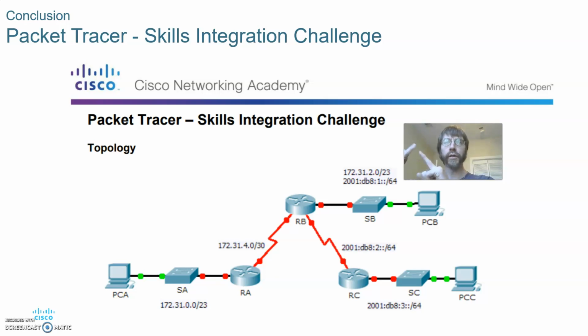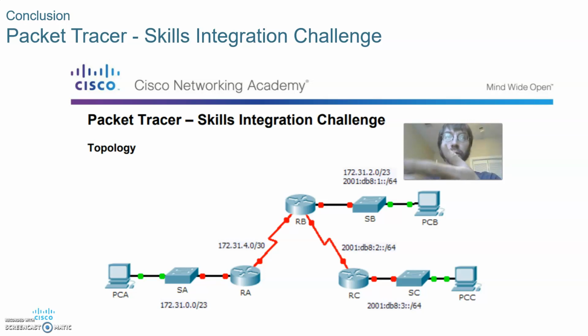Look at your syntax checker exercise in Netacad. Look at the appropriate chapter of your portable command guide. Think about it. Don't blow off the learning possibilities of these skills integration challenges, because you might not just have to do IPv4 and IPv6,